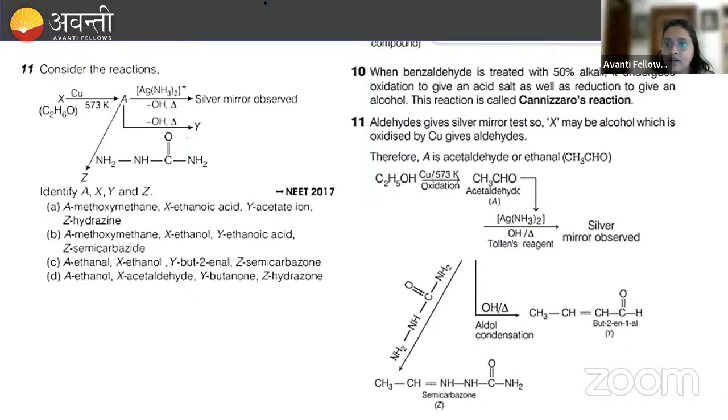मैंने solution यहाँ पे लिख दिया है, हमको ये solution discuss करना है। यहाँ पे देखो क्या बोला है, identify A, X, Y, and Z. तो सिल्वर मिरर ऑब्जर्व हो रहा है, तो किसके लिए हमको सिल्वर मिरर मिलता है, अल्डिहाइड्स गिव सिल्वर मिरर टेस्ट, so that's why X may be alcohol which is oxidized by Cu to give aldehyde. तो हमारा X अल्कोहल हो सकता है, जिसके ऑक्सीडेशन के कारण, Cu के साथ, हमको अल्डिहाइड मिलेगा। Therefore A is acetaldehyde और इथेनॉल, it is also known as acetaldehyde और इथेनॉल। तो यहाँ पे हमारा X आ गया अल्कोहल मॉलिक्यूल,